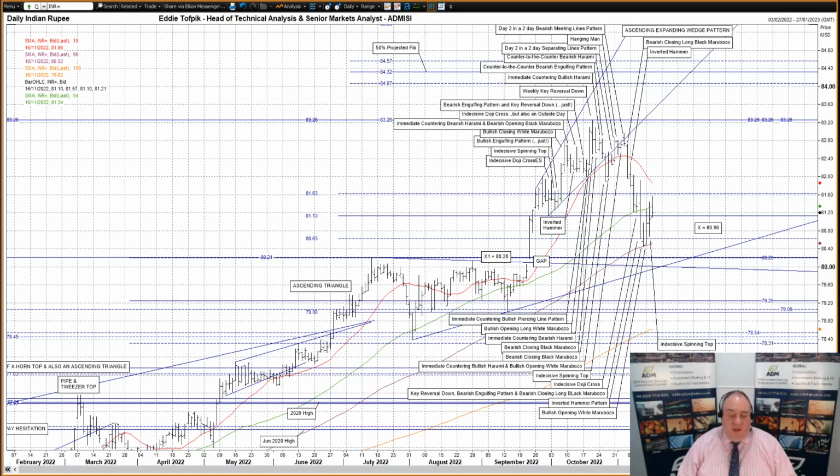So, I'd highlighted the September to early November ascending wedge pattern two weeks ago. Prices then pushed down through the lower trend line, currently at 83.47, and the move lower since then has confirmed the pattern. Hence, we had a primary target X in the 80.90 zone and a secondary, harder to reach target X1 in the 80.28 zone. Last Thursday, the market reached the primary target, but we've since seen the market being shy of